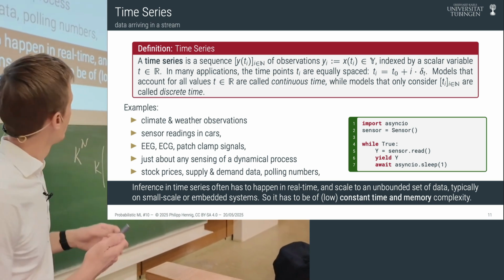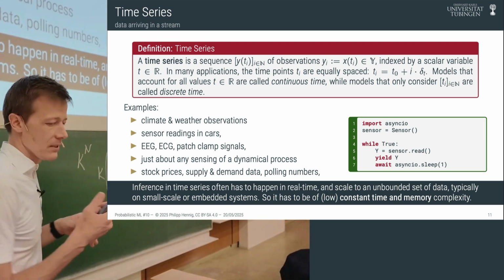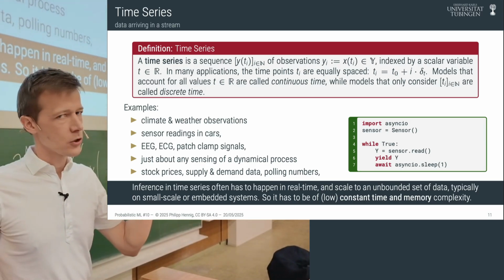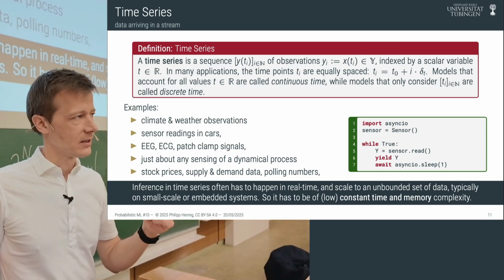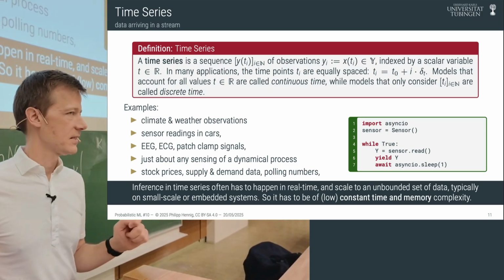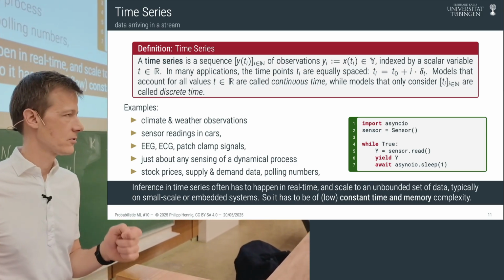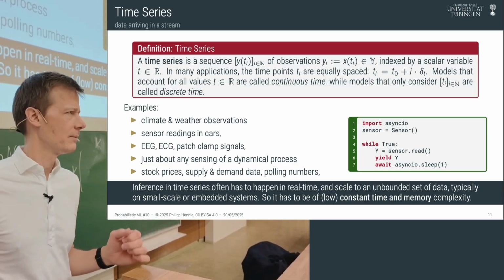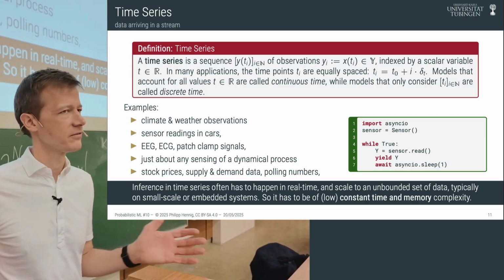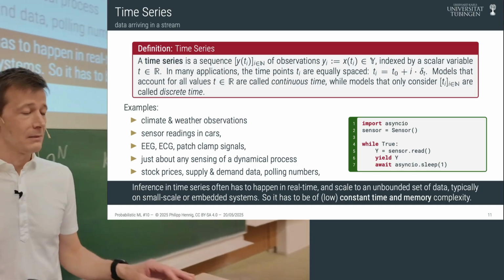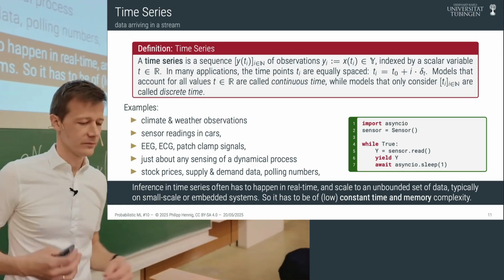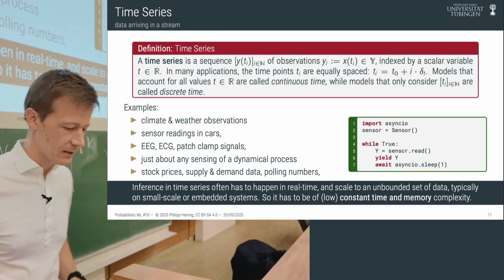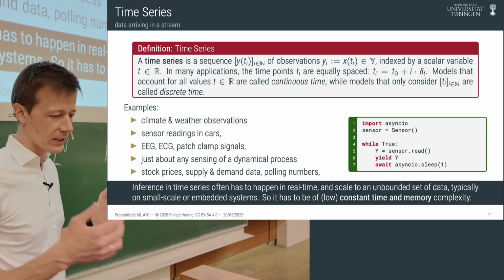So first of all, maybe important is that the word time here, of course, should be understood to be a sort of metaphor. Right? It doesn't necessarily have to be physical time. It could also be an ordered space of some other nature. But the typical application is that you can think of t as some kind of time. Maybe actually space-time. Right? Typical applications for models like this are written down here. I've come up with a few ideas.